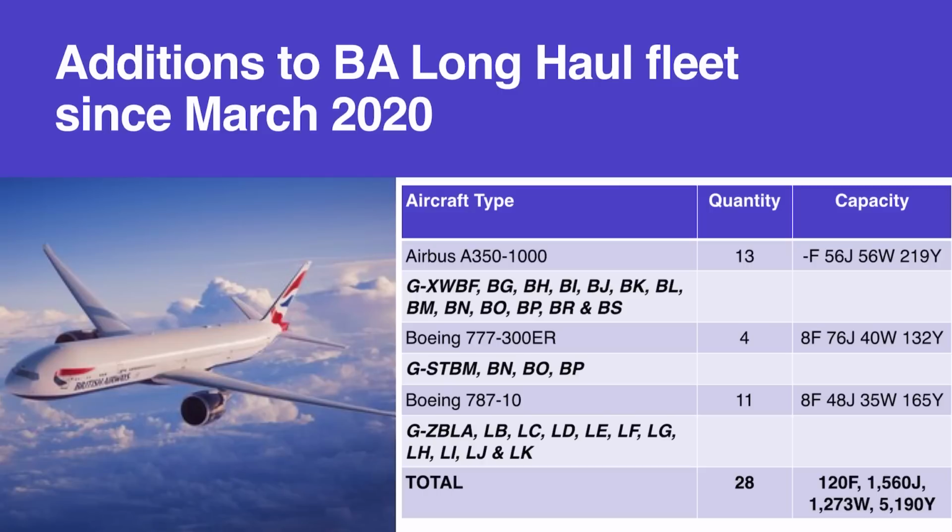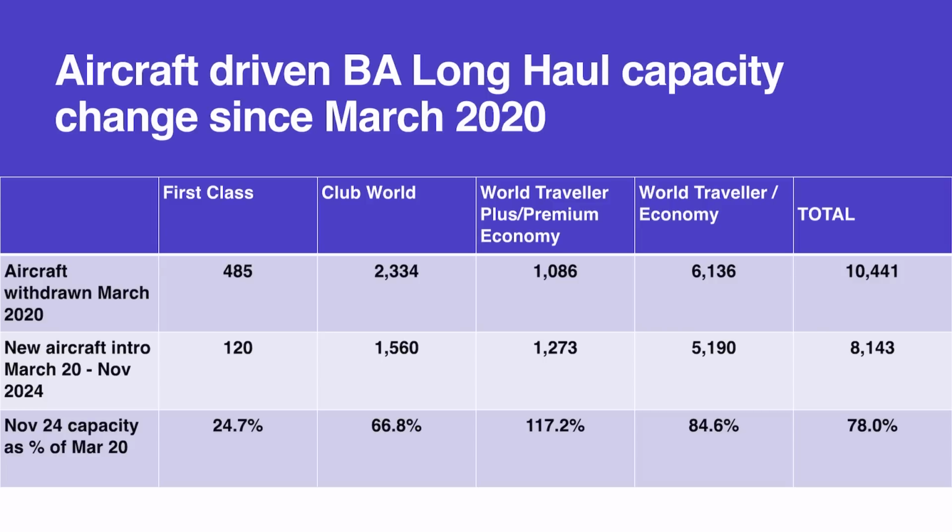4 additional 777-300s. I suspect British Airways really wishes now that it had ordered more of either the 350 or the 777-300, possibly both, and 11 787-10s, actually the final one of that order of 12, which is Lima Lima, hopefully coming on stream very shortly. So 28